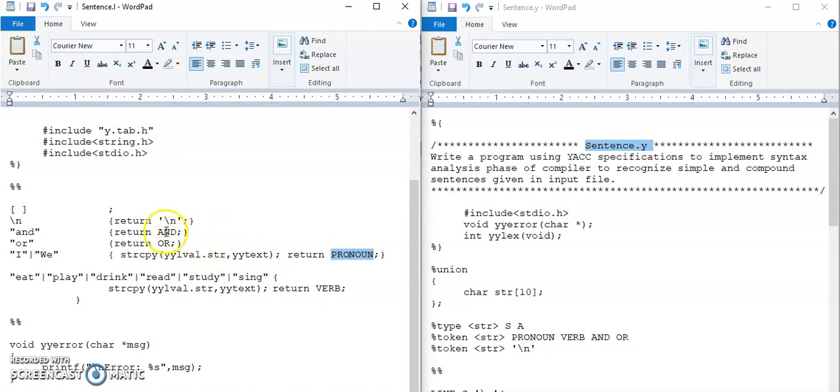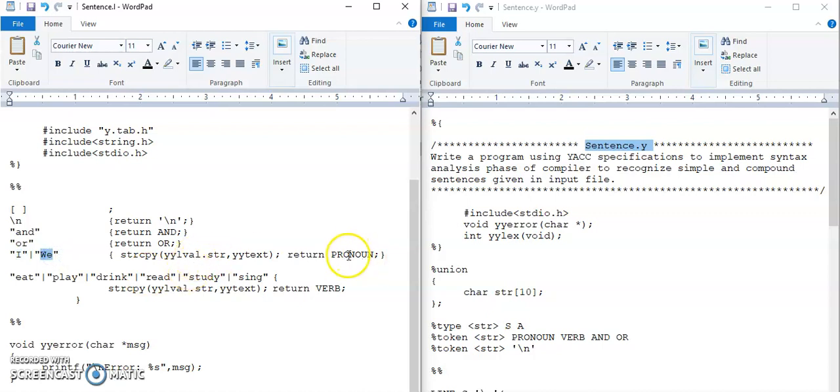Now why is the token directly returned here and why not here? So here, because this token AND has only one string related to it, that is small a, n, d, that is fixed. So there is no need to return anything. But whenever we have a pronoun, the pronoun can be either I or we.